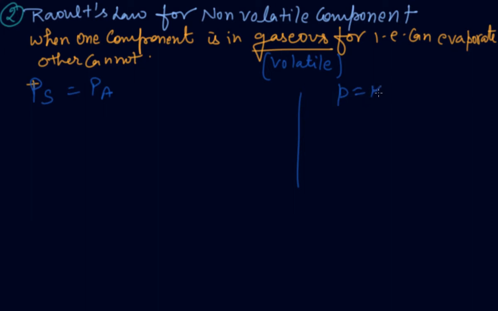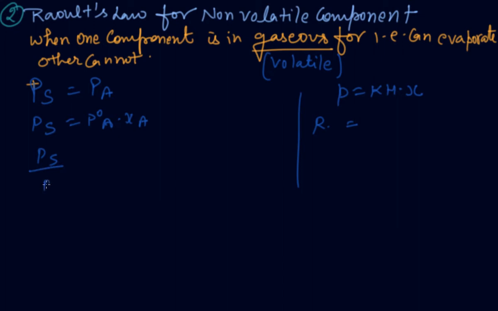And you know that P is equal to KH times X from Henry's law, KH is the value of Henry's law constant, whereas in Raoult's law, it is directly proportional to the vapor pressure of the component. Now come PS is equal to P naught A times XA. Simply using the maths and chemistry,